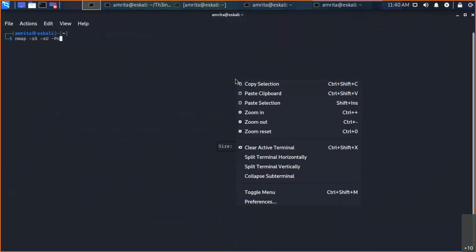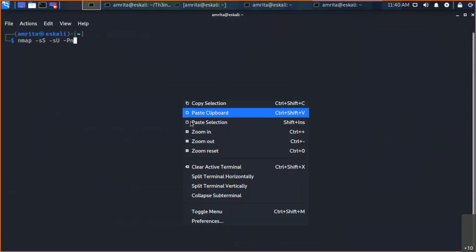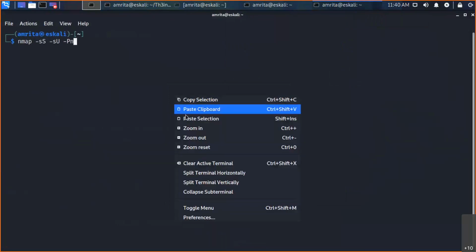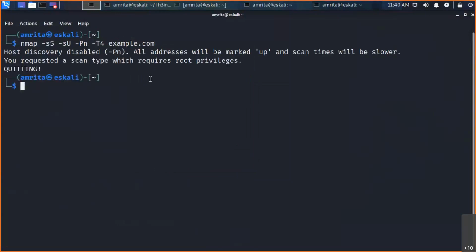Okay, ma'am. Well, as we are running out of time, he is dedicated to the typing portion and I am dedicated to the speaking portion. This is sufficient. Well, -Pn, this is very important for tool scanning. Basically, we may not get everything from ping results. What is our natural way of thinking whether the host is alive or not? We just ping the system. If we get the ping response, we feel the system is alive.